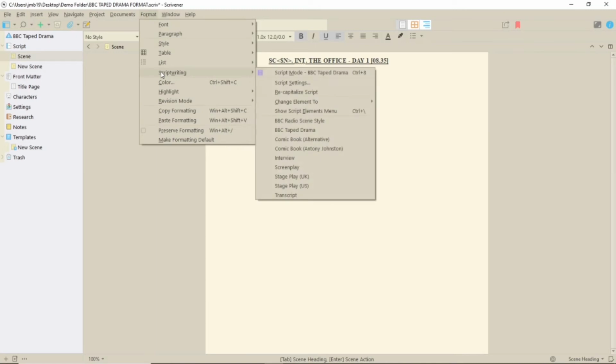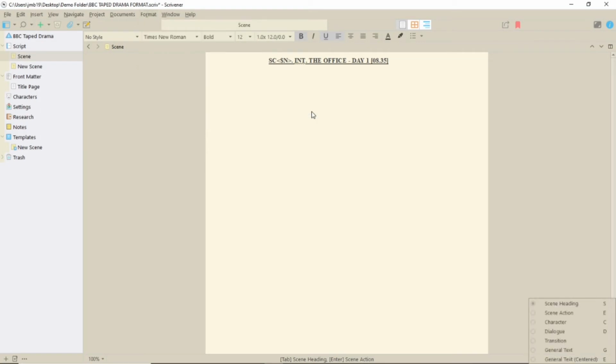Let's do another detour for a second. Go to the Format menu, Script Writing, and Change Element To, and you can select directly. You'll also see some shortcuts. Below that, there's Show Script Elements menu, which you can bring up on the screen to select from. You can also use the shortcut Ctrl plus /, then the letter by the element to select it. Except Scene Action doesn't work, probably because E is specified for two different actions.